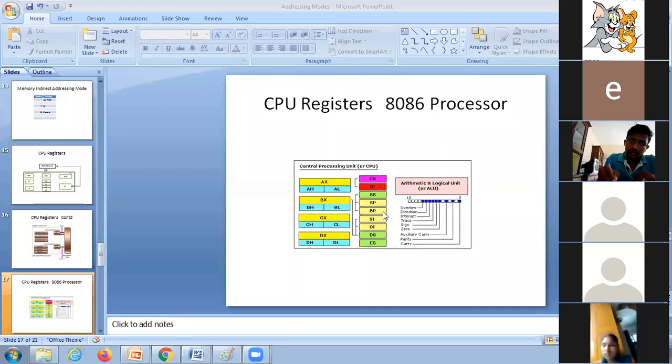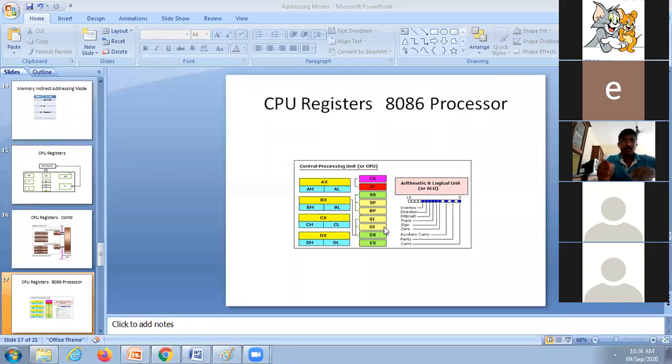These three registers, BP, SI and DI, are used in the case of index addressing mode, that we will read later. The purpose of explaining all these things is that to understand the index addressing mode, you should be comfortable with all the register set. Then only,